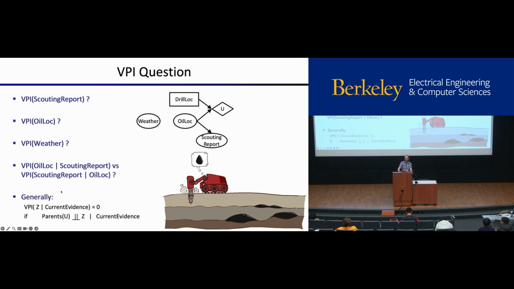Well, we're basically out of time, so I'll skip that one. But here's a general way to think about it. The value of information of observing Z given your current evidence is going to be 0 if, given the current evidence, the parents of the utility are independent of Z. So basically, if Z, given what you know, doesn't really have any relation to the parents of the utility,